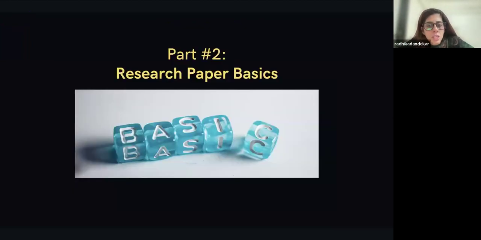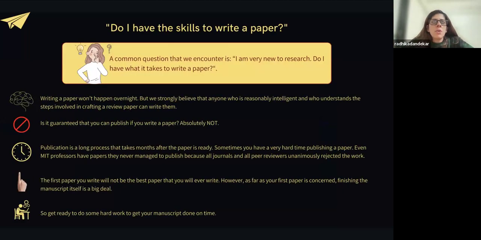And now we'll dive into research paper basics, okay. Before beginning this particular point, I would like to stress the fact that many students don't really realize the importance of a research paper, and they feel that a research paper is not my cup of tea, or even a review paper is not my cup of tea. I just have many projects and I can add them to my resume. I have probably 9 or 10 projects that I've worked on throughout my undergrad, and that's a lot, right? I don't need to really write a paper and get it published. But that's where most of the students are wrong.